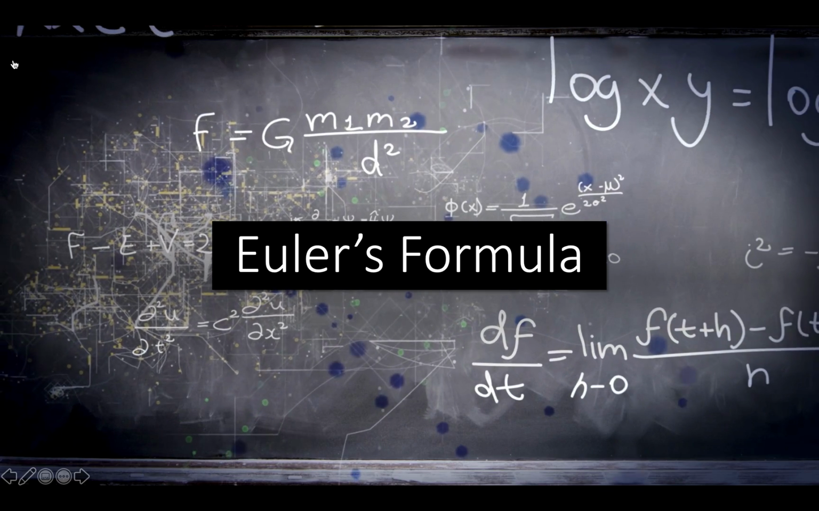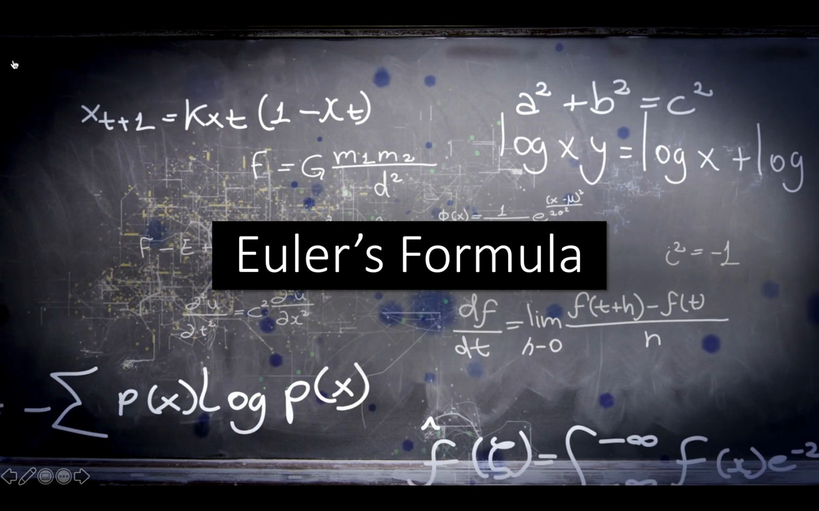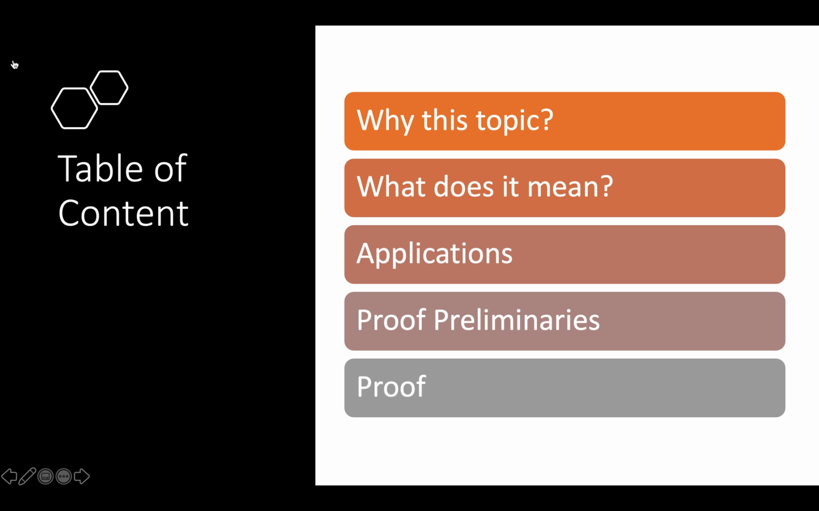For my presentation, I chose to do Euler's formula, which is a beautiful formula from 3D geometry about polyhedra. I'm going to start this presentation off by explaining why I chose the topic. I'll then move into what the formula actually means. What does it describe about 3D geometry and polyhedra? We'll then move into applications, and I'll run through some examples, and then straight into proof preliminaries, and then on